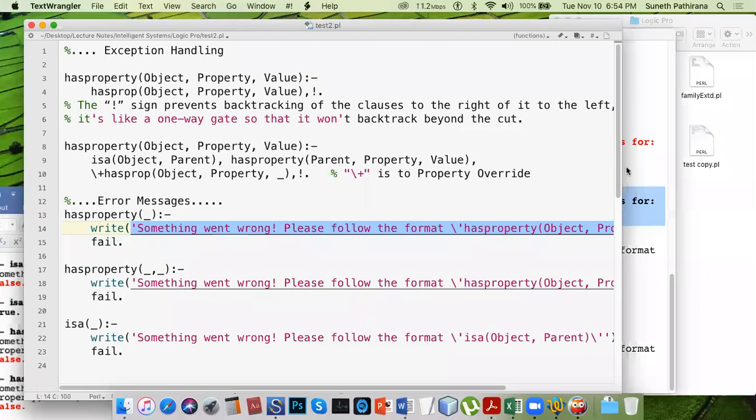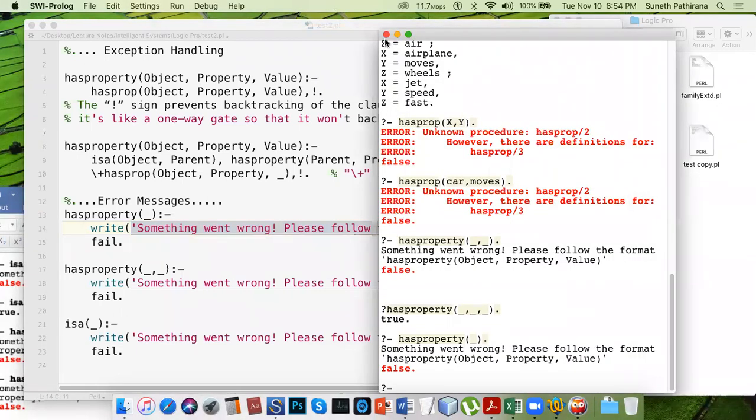Okay. So please search for the other exceptions that you can handle. This is only an example, just to convince you exception handling is there in Prolog programming.